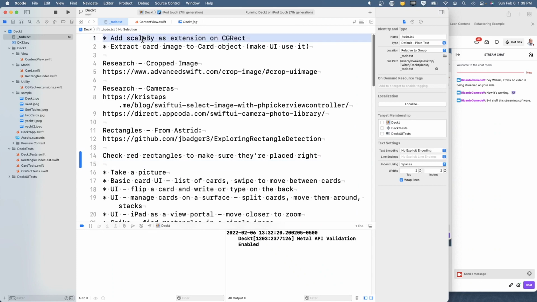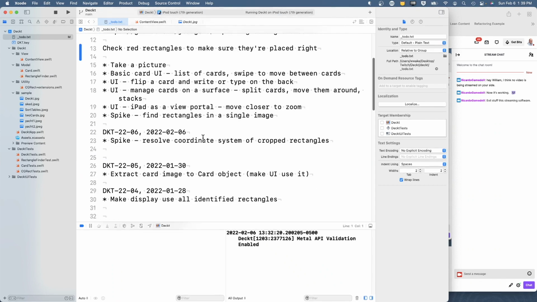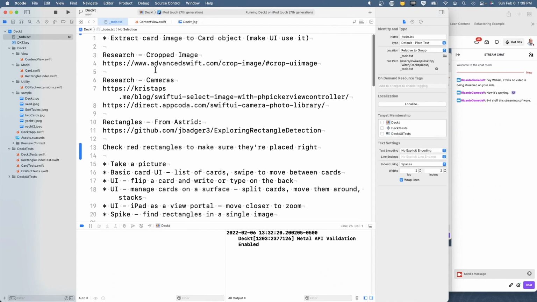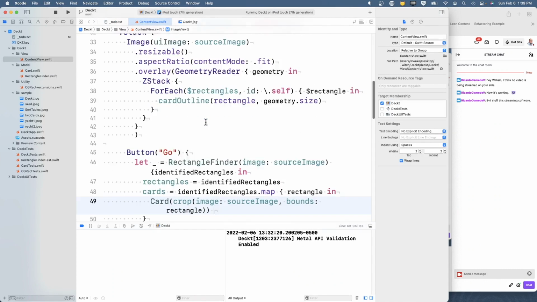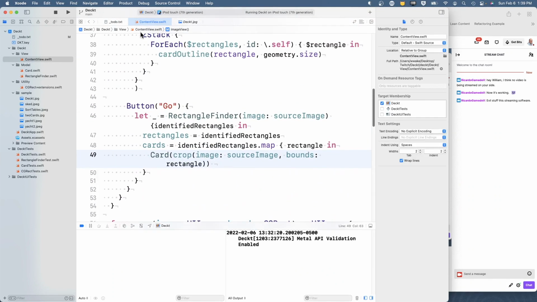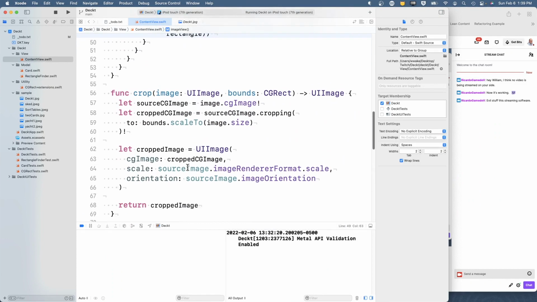Anyway, we've got scale by as an extension. I think we've successfully switched over to using that. It's working. We got rid of our spike. So now I'm trying to look with a little more critical eye on what we're doing here and think about what's next. Okay, so one thing I'm not quite liking,